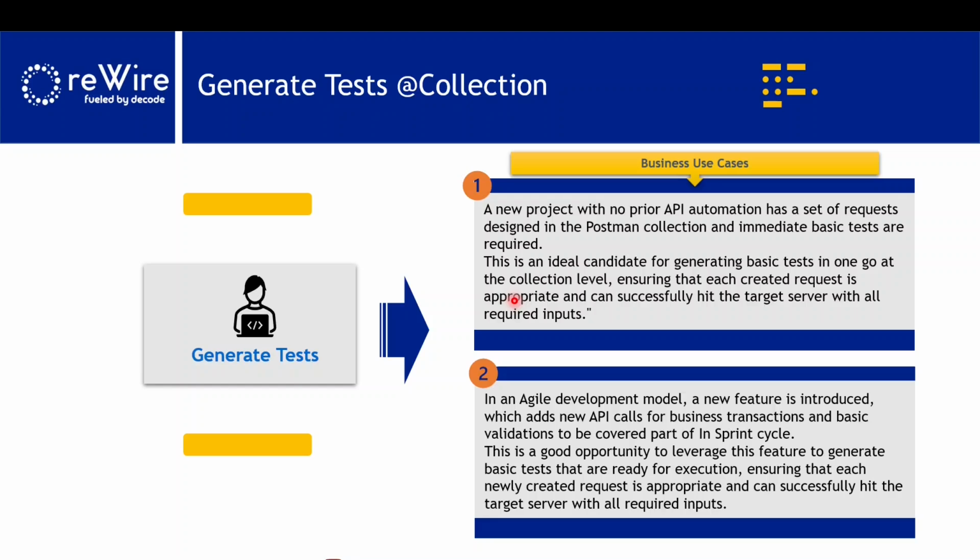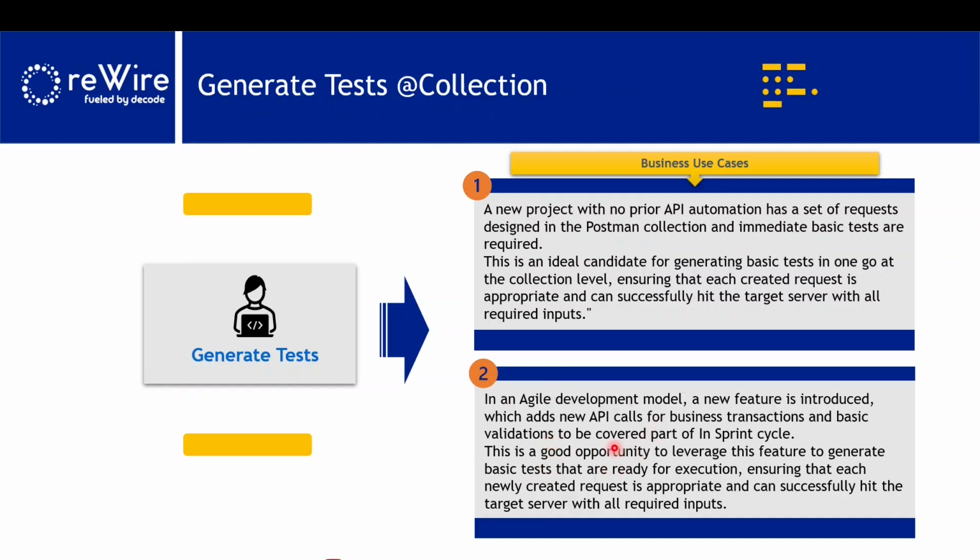So we are testing at one layer, ensuring that whatever APIs are migrated, developed or updated can be validated in one go. That is the one business case. And the second business case is about